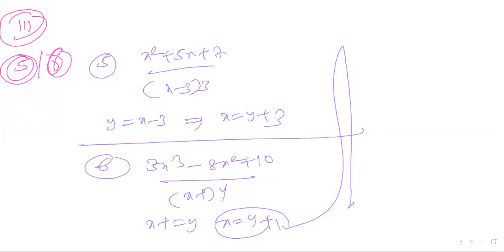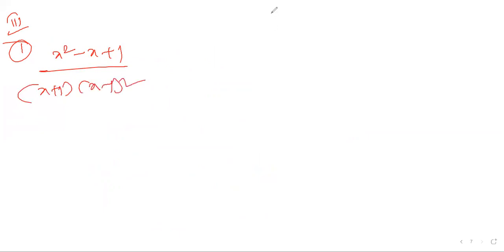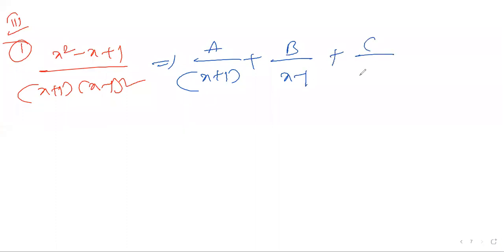Now I'm going for the third bit first question, as per the sequence. What is the third bit first question? X square minus x plus 1 by x plus 1 into x minus 1 whole square. Being toppers, I can write only the hints. What can I write? A by x plus 1, plus b by x minus 1, plus c by x minus 1 whole square. Please take an LCM directly. I'm not writing a denominator. This you can write x minus 1 whole square.